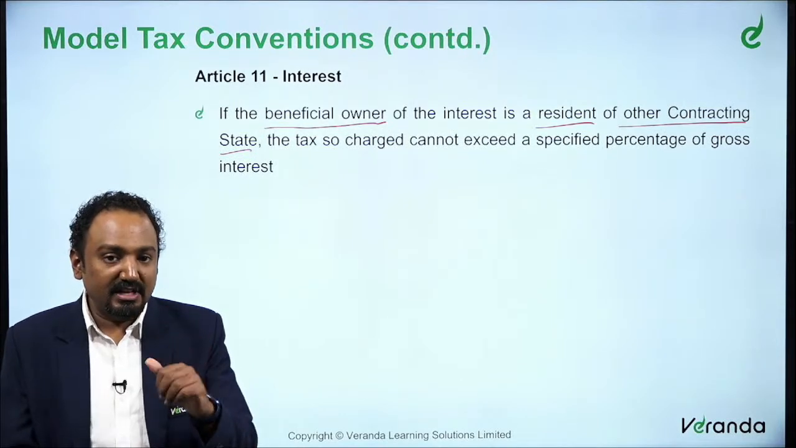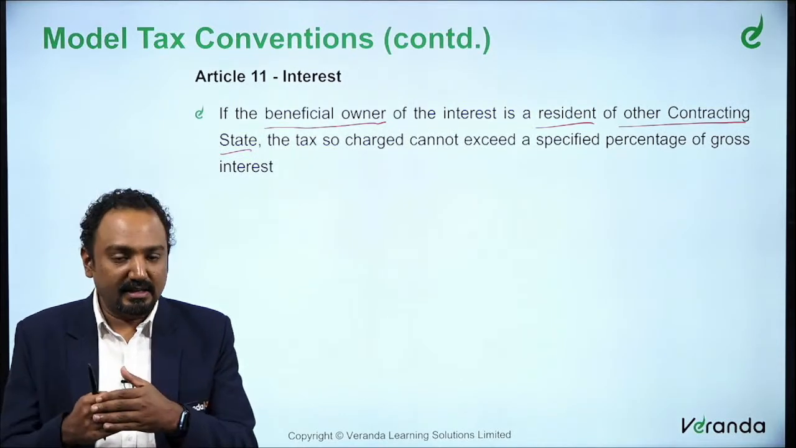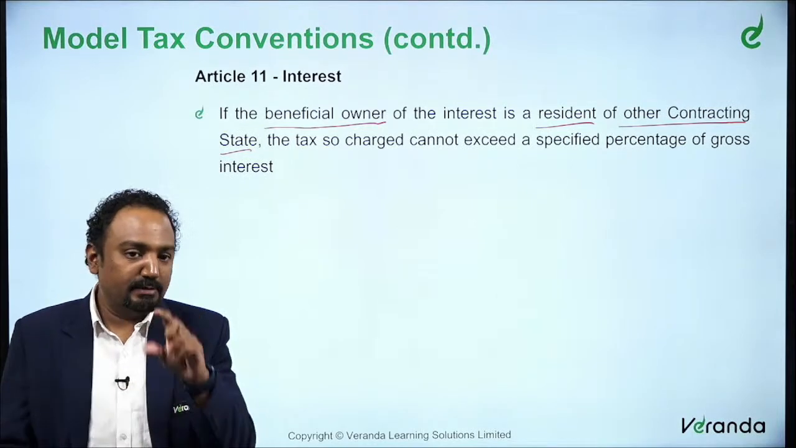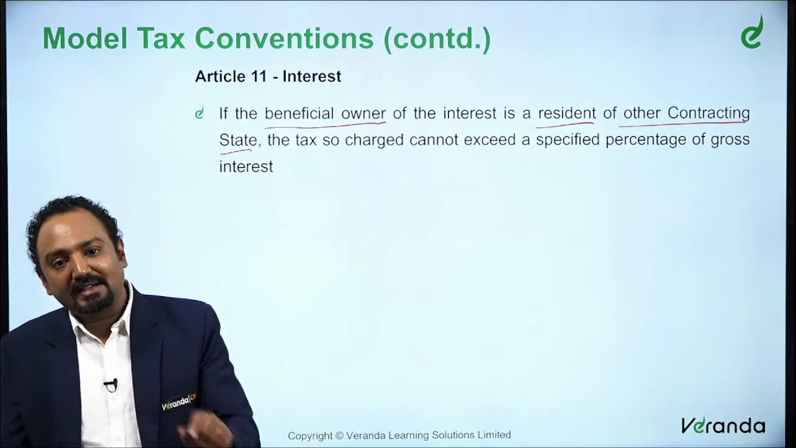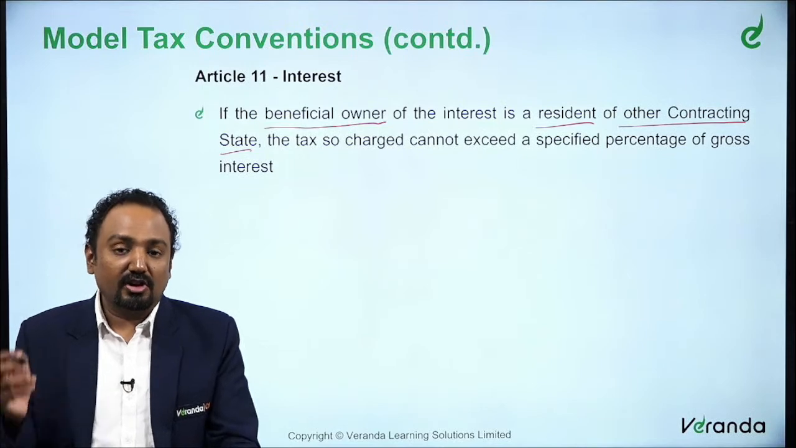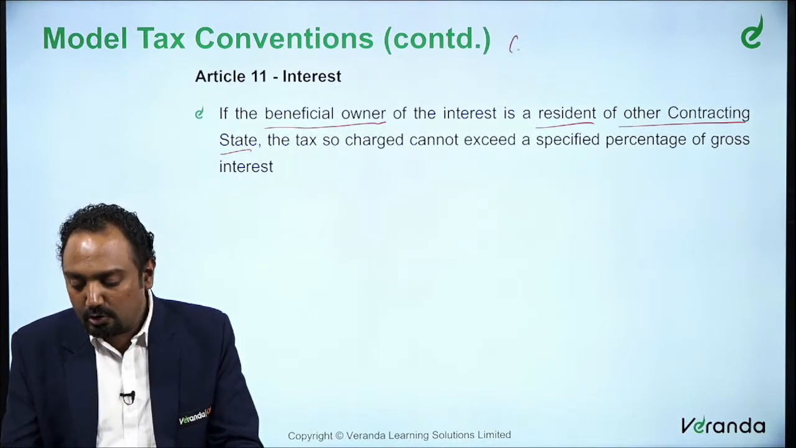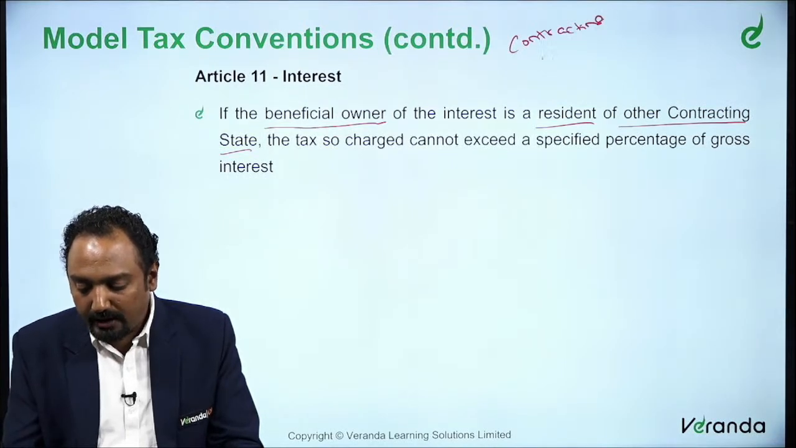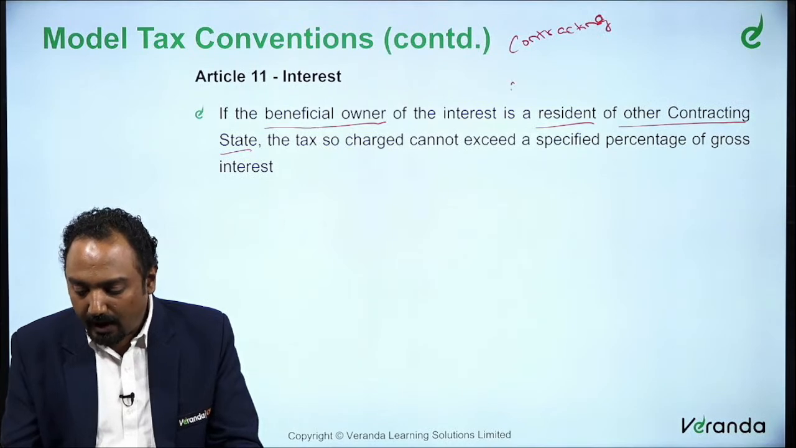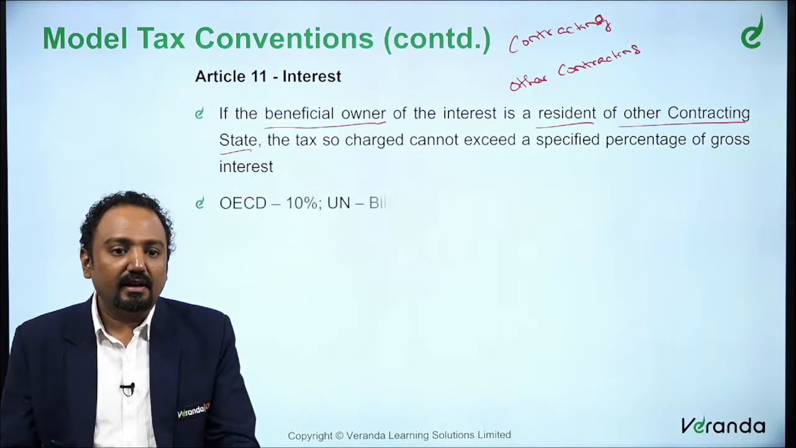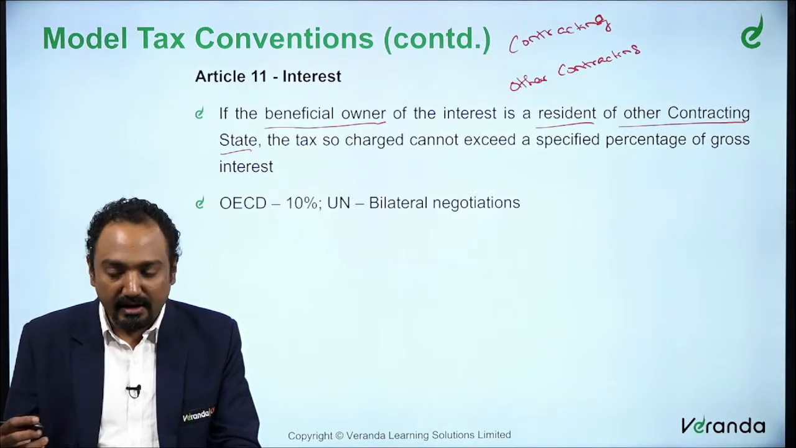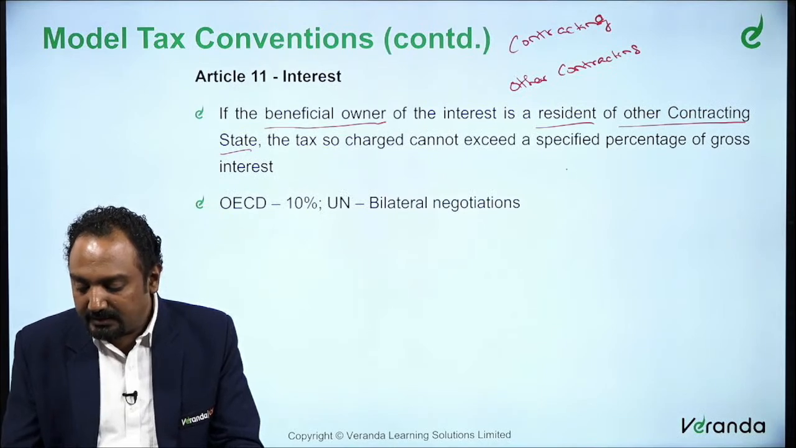So there must be a percentage which is understood between the countries. So only a maximum of that percentage can be taxed in the other contracting state. When you say contracting state, the entire treaty will have two terms: contracting and other contracting, right? So this is how it will be defined. Now when you say a contracting state, that is, let's say